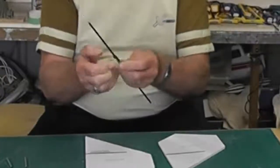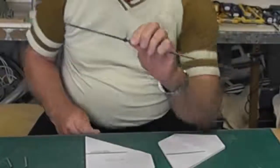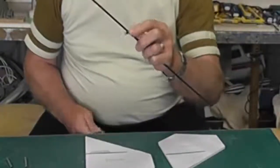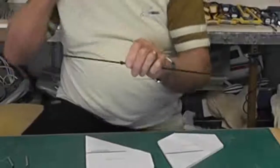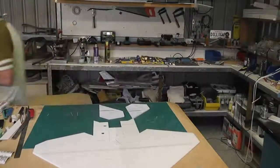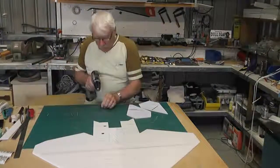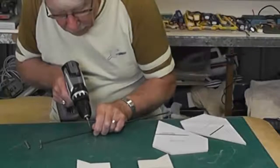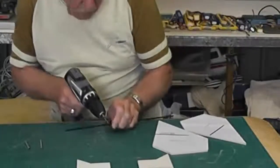Now I've also cut this carbon fibre to length, and I've glued onto it a servo arm. I've glued this on with epoxy resin onto the carbon fibre, and just to be doubly sure, I've already drilled a hole in it somewhere there, I'm going to drill a hole right through